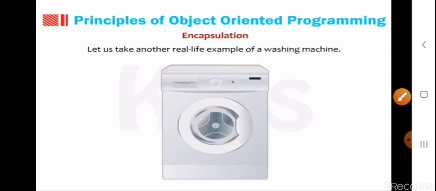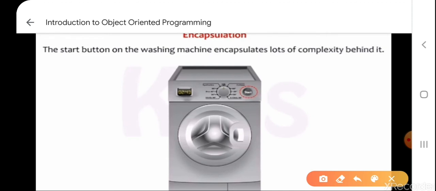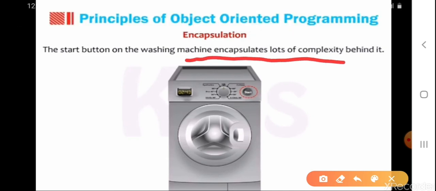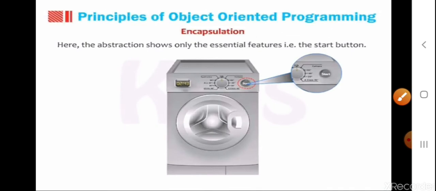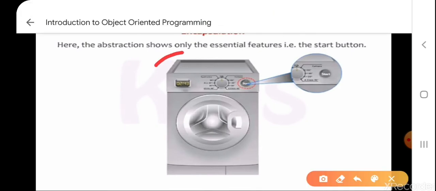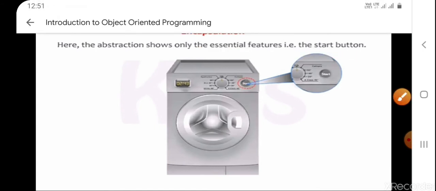Now, let us take another real life example of a washing machine. The start button of the washing machine encapsulates a lot of complexity behind it. Here, abstraction shows only the essential feature, that is the start button.